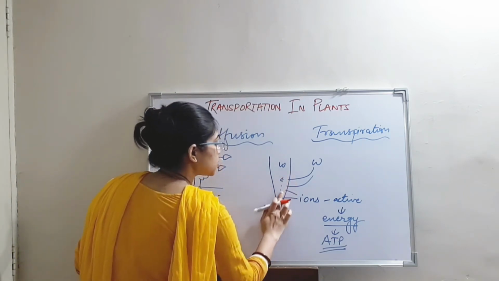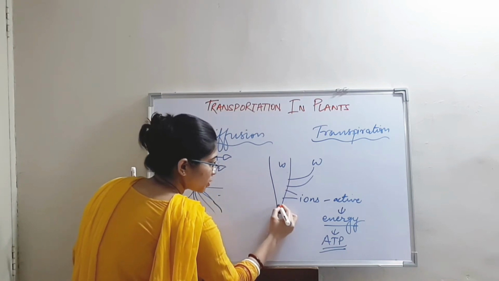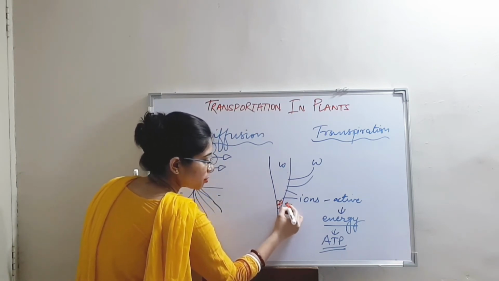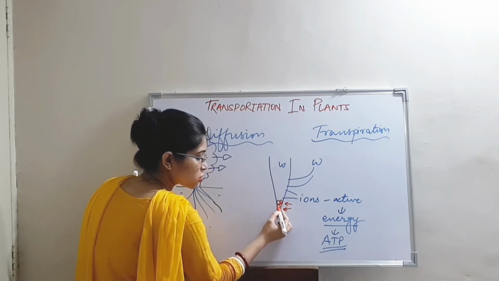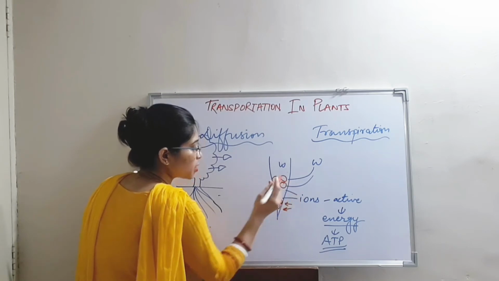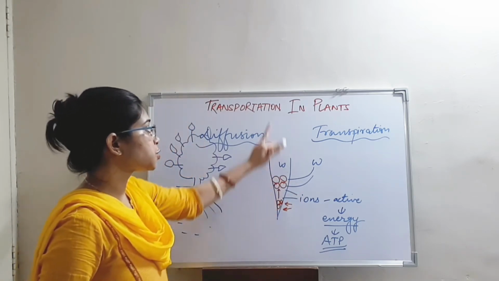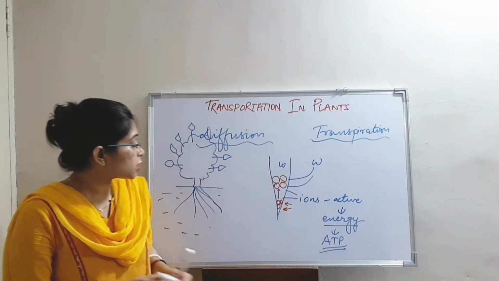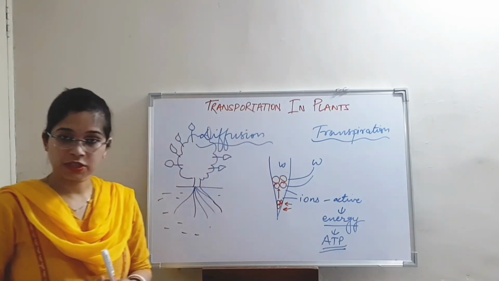when the water particles start getting added up at the lowest point, they will keep on adding and will make the other particles of water move upwards, right? And in this way, these water particles will reach the topmost part of the plant. Now this is about diffusion and transpiration, right?